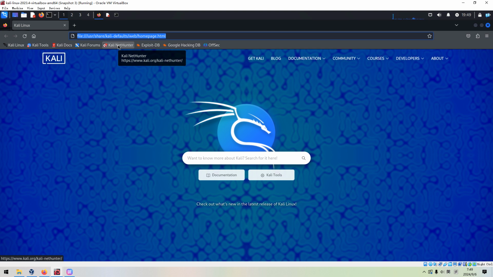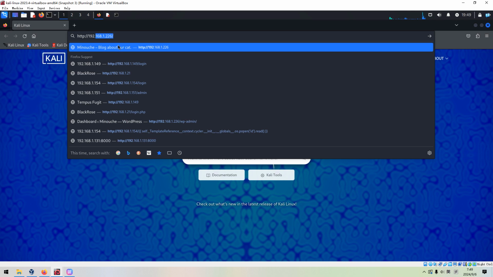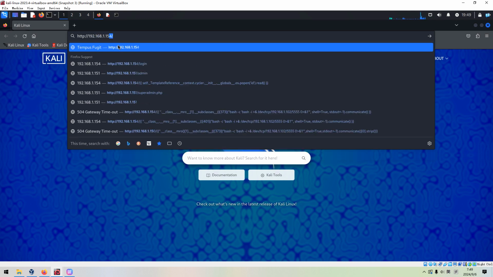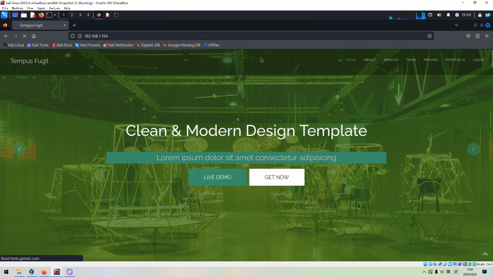SSTI exploitation. So how do we do it? We can access the target by browser. And of course, if you do the machine, you can walk through the target site.